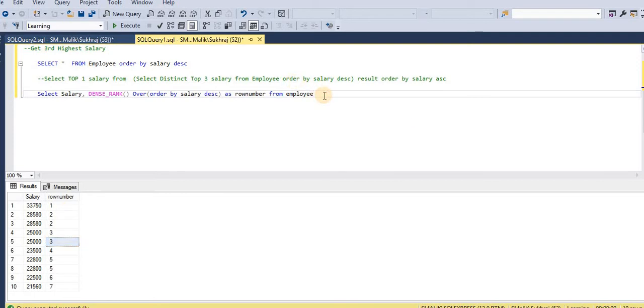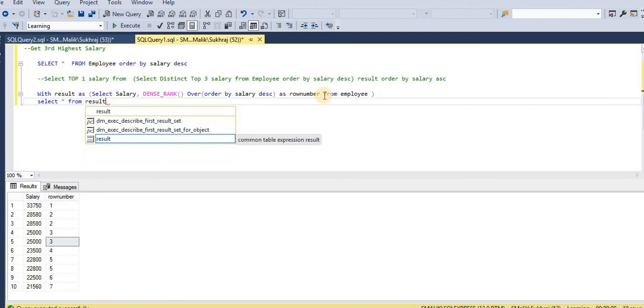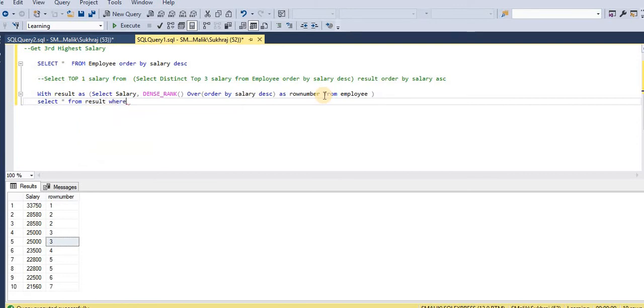Now let's put a common table expression around it. Now we can select from this common table expression where row number is equal to nth.